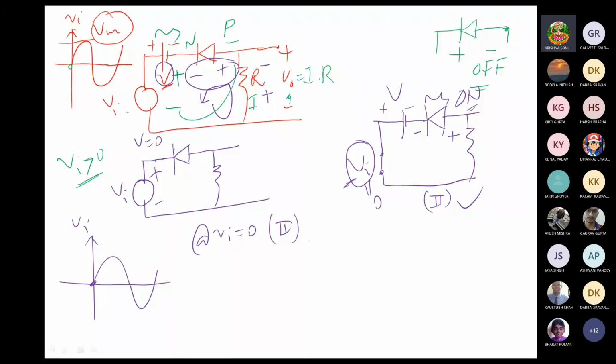Now let us look at one more thing here. By this analysis, it is clear that the input voltage Vi and this voltage source B are trying to oppose each other. Why? Because in the first half, we see that the polarities of the voltages are approaching each other. Let me redraw this case again.